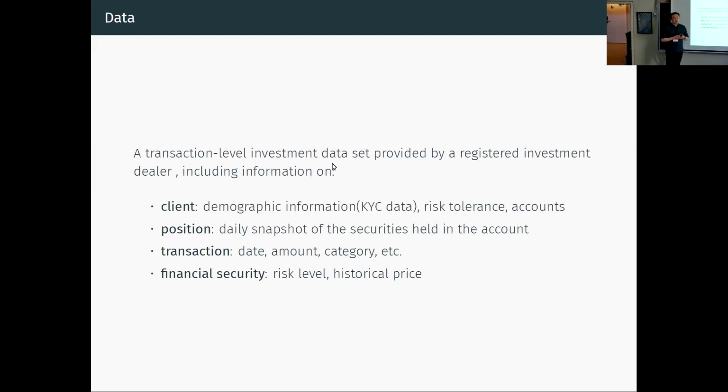And when this client opens an account with the financial institution, they have a discussion with financial advisors, and they decide their risk tolerance. They decide what amount of risk they want to have in their portfolio. So the investment is classified into 5 different risk levels, from low risk to high risk. We have 5 levels. And the risk tolerance is given by the percentage of investments that the client wants to invest in each category. And finally, we know the accounts this client has with this financial institution.